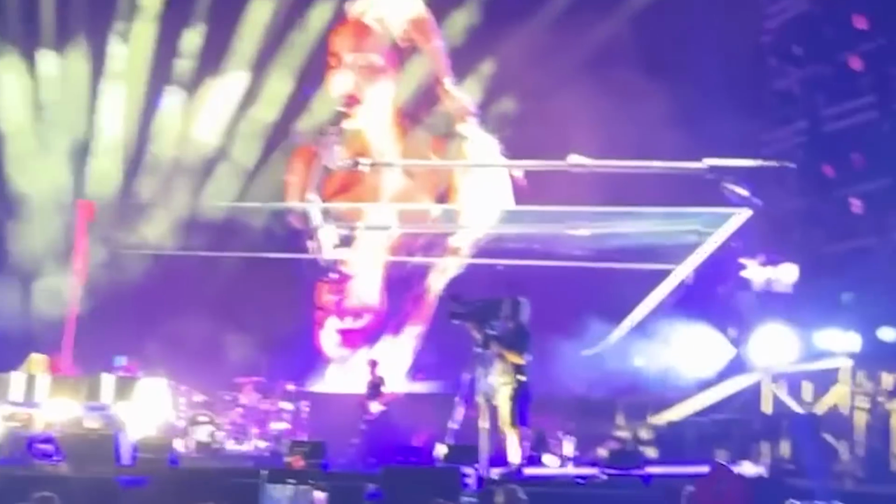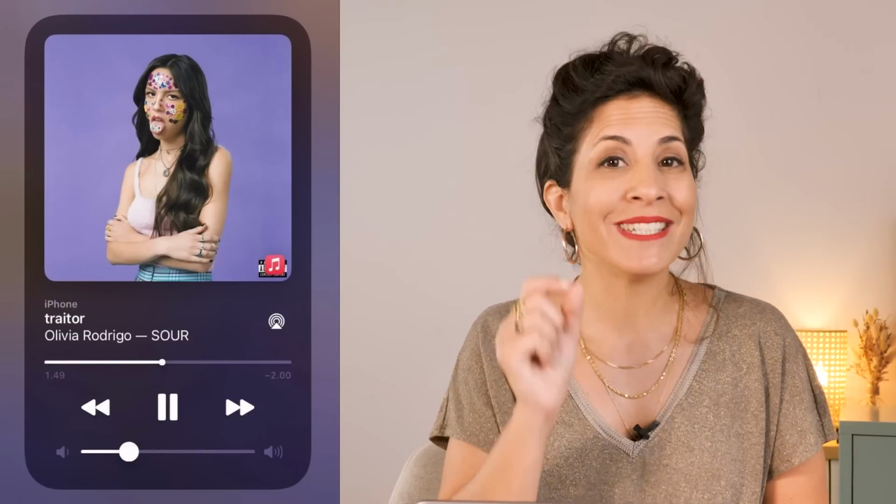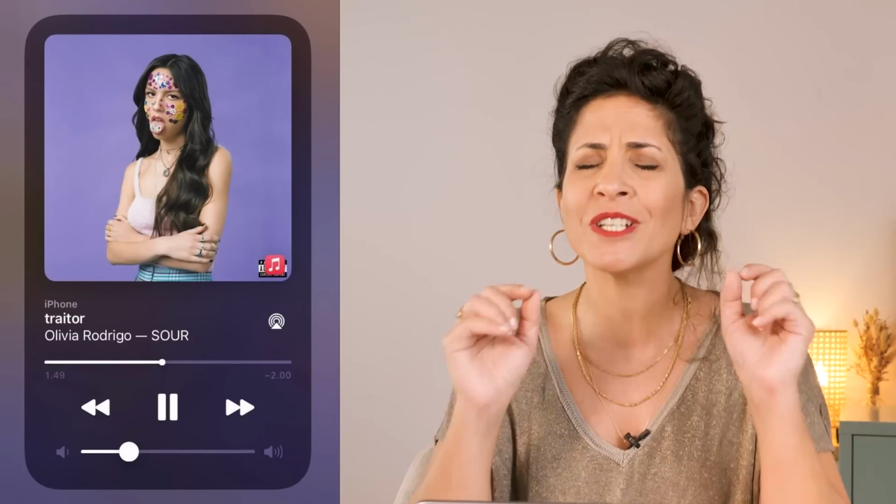Today we're going to practice pronunciation with Olivia Rodrigo. Olivia Rodrigo is one of my daughter's favorite singers. We hear her songs all the time at home. And because of that, I decided to use one of her songs, Traitor, to teach you pronunciation, specifically the different T's, and even more specifically, the flap T, as in the word traitor. In American English, the flap T actually sounds a little bit like a D, a little bit like an R.